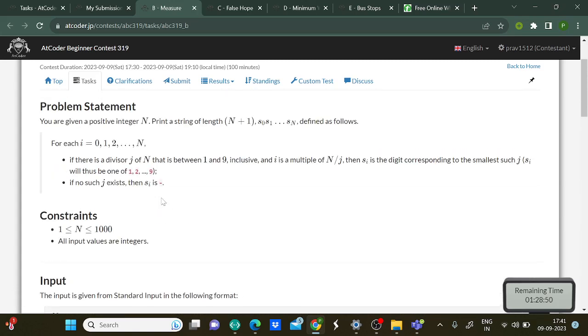So basically you are given a positive integer n and print a string of n plus 1 length. Okay, for i from 0 to n, if there is a divisor j of n that is between 1 and 9 inclusive, so if there is a number which can divide n which is present between 1 and 9 inclusive,